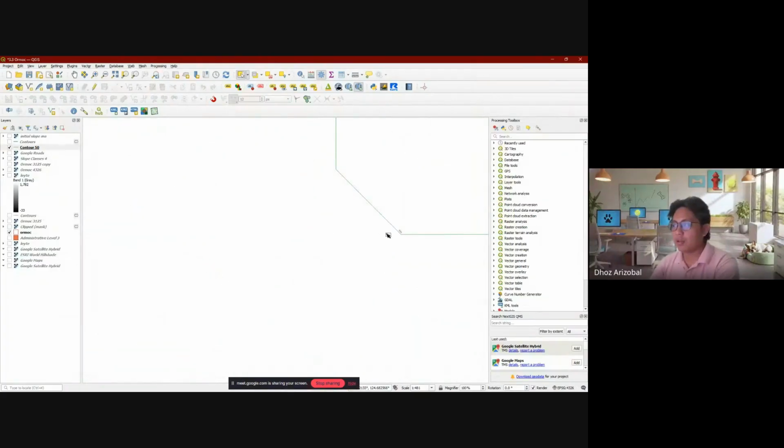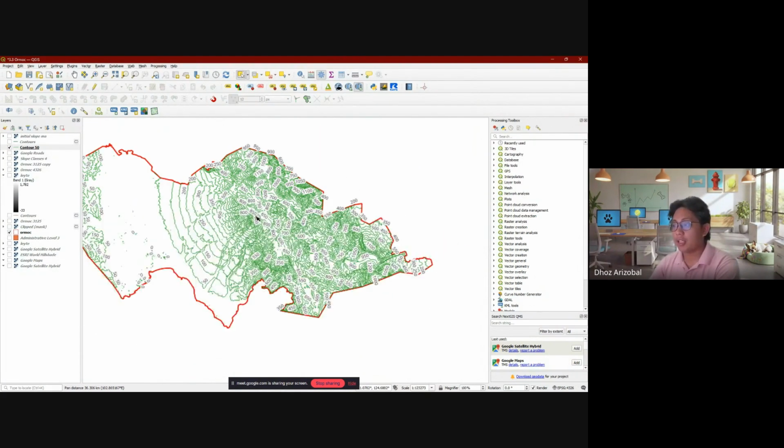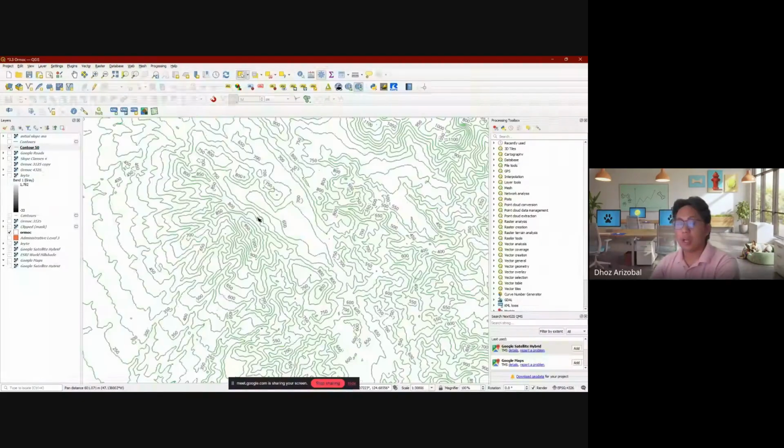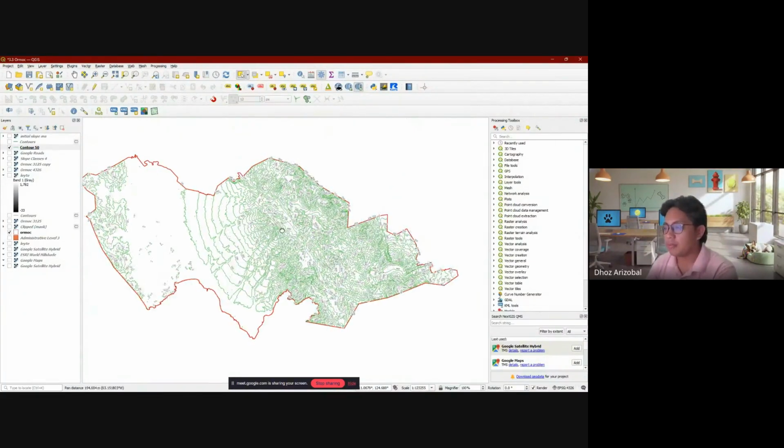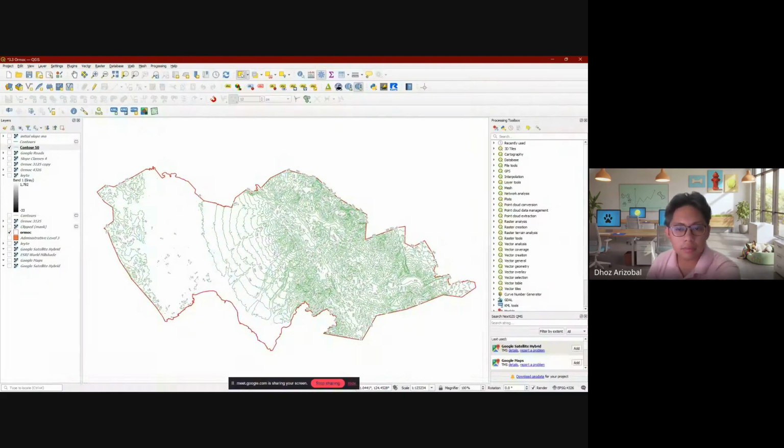Every time you zoom, the letters or numbers scale. So you get these values that you can see. And now you have the necessary components to make your contour map.